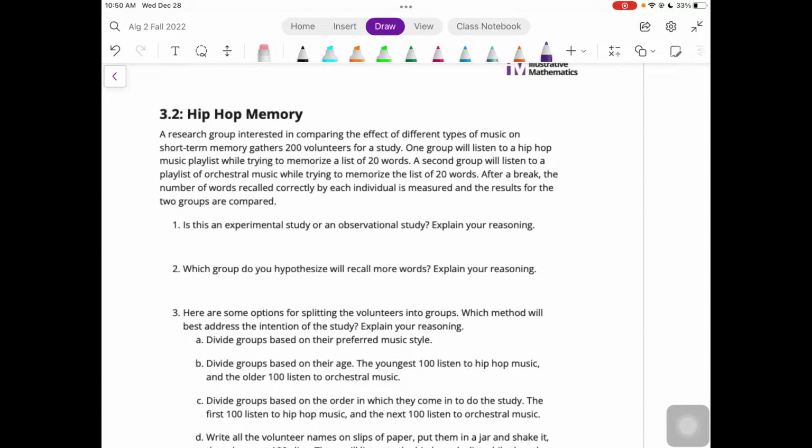A second group will listen to a playlist of orchestral music while trying to memorize the list of 20 words. After a break, the number of words recalled correctly by each individual is measured, and the results for the two groups are compared. Is this an experimental study or an observational study? This is definitely an experiment